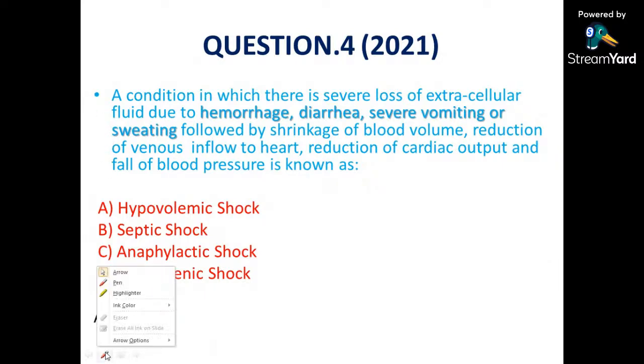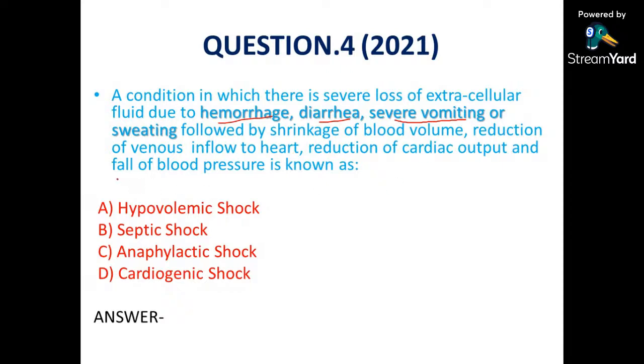This is a very easy question. This is also a question which was asked last year, in 2021, in the GPAT examination. Let me read out the question. A condition in which there is severe loss of extracellular fluid due to hemorrhage, diarrhea, severe vomiting, or sweating, followed by shrinkage of the blood volume, reduction of the venous inflow to the heart, reduction in cardiac output, and fall in the blood pressure. This condition is known as the what? Whenever a patient has hemorrhage or diarrhea or vomiting or sweating,